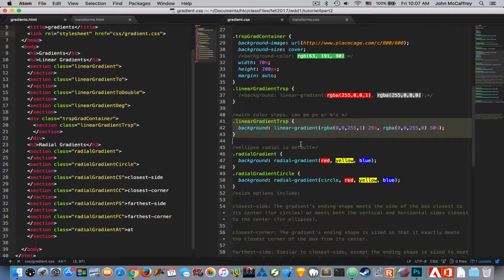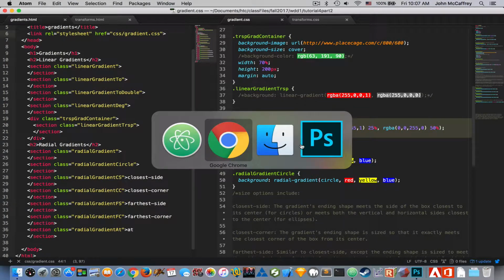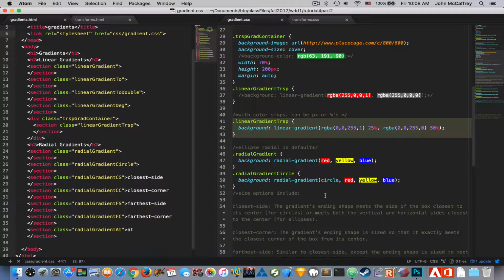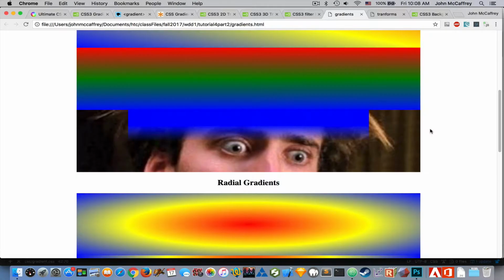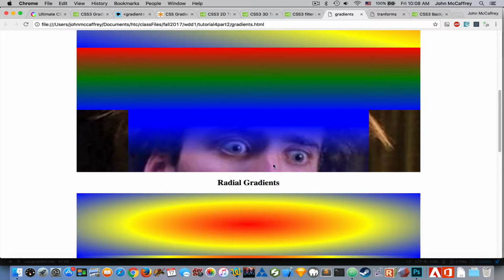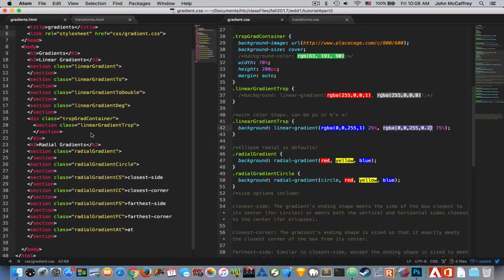So this time it's going to be a blue transparent gradient, looking at the RGBA values. And let's see what the 25 and 50% do when we reload the page. So we can see that we now have a different value. So our gradient is ending at 50%. Now if I change that 50 to say 75, we should see that now the transparency is ending further down. If I don't make it fully transparent, but let's say down to 20%, so we can see the actual values as things start to